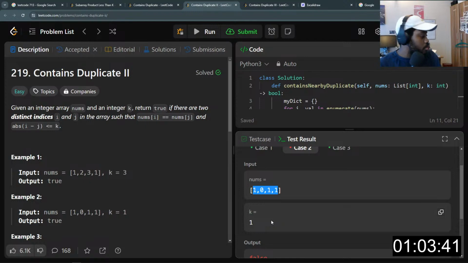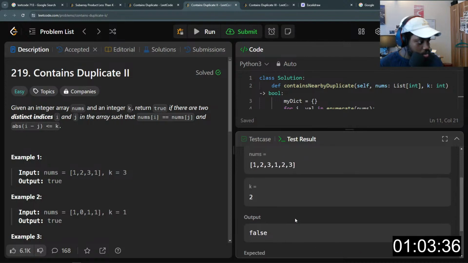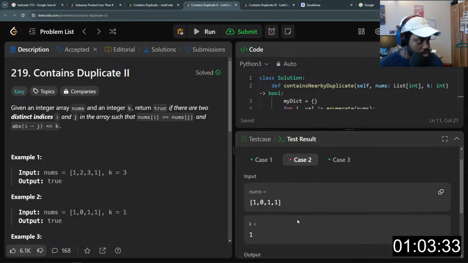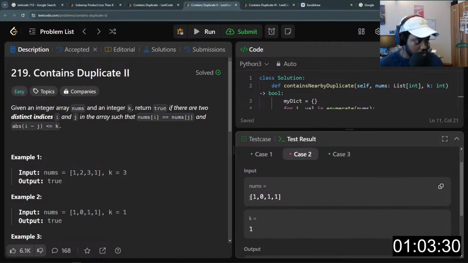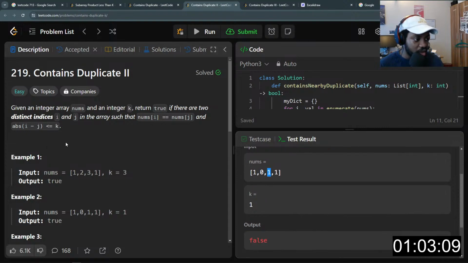So the issue here is that we are storing every distinct value in the dictionary, meaning I'd already stored this and that. When I see this the next time, I already know the index at which it is, so this would be 2 and this would be 0. So 0 minus 2. Oh yeah. Wait, nums at I has to be equal to nums at J, which means there's a duplicate.